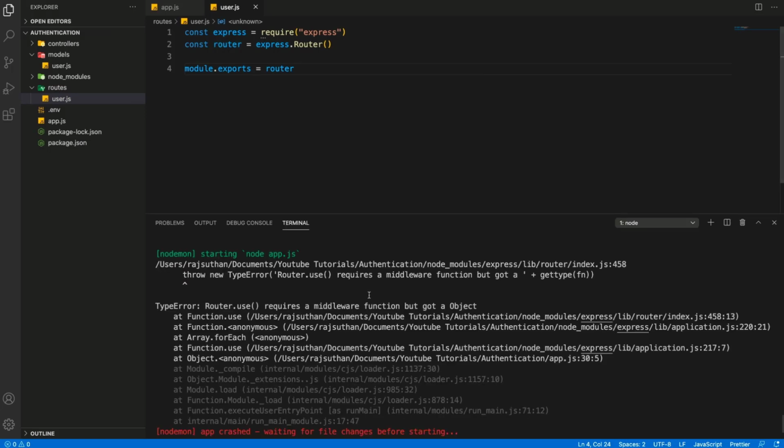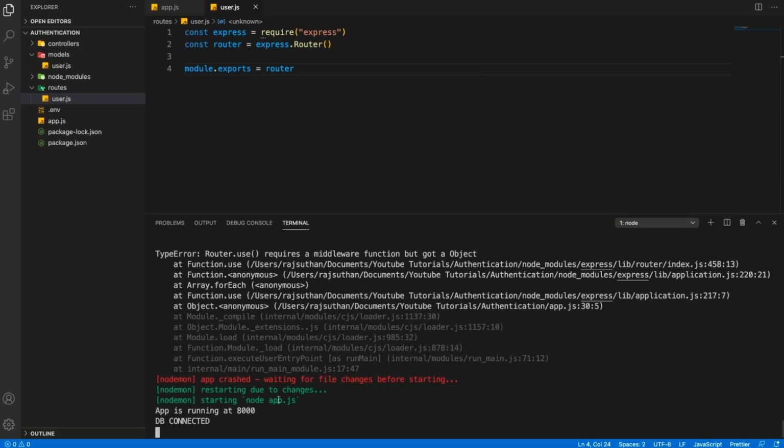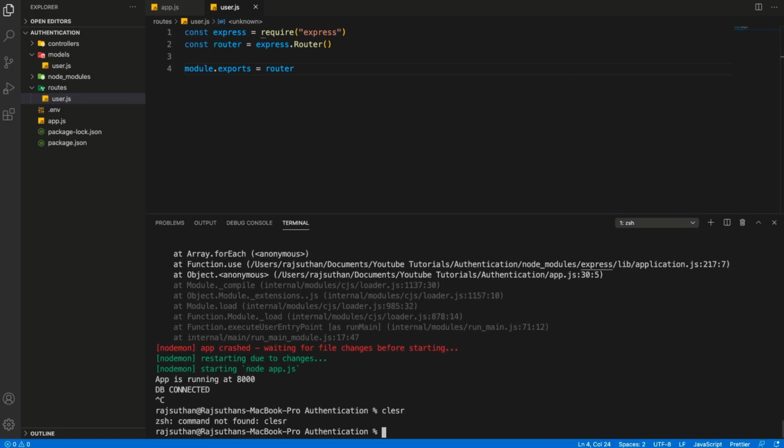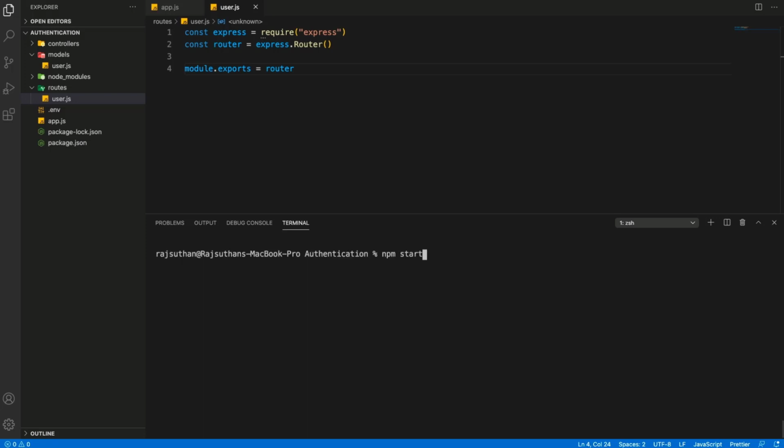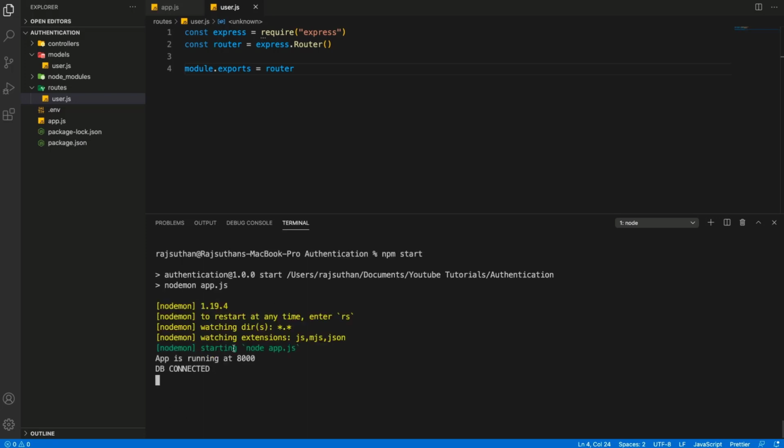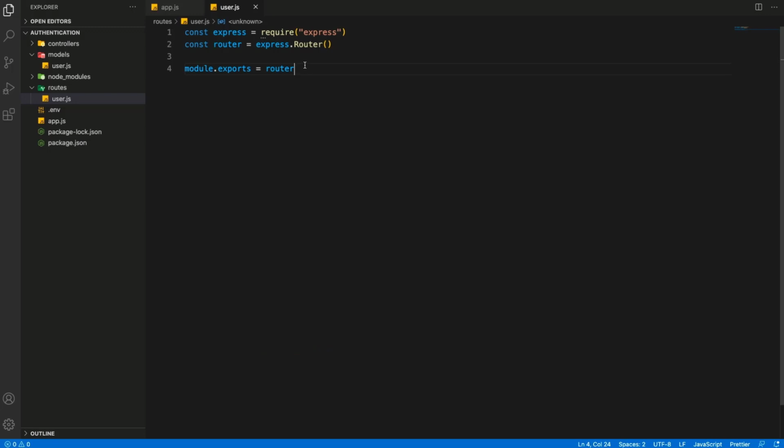And now if you see your terminal, there is no error. I can show you. Let's clear it up like that, okay? And let's run npm start, and there should be no errors because we are actually exporting the router. Okay, so now we have successfully completed creating our models and all of the very repetitive